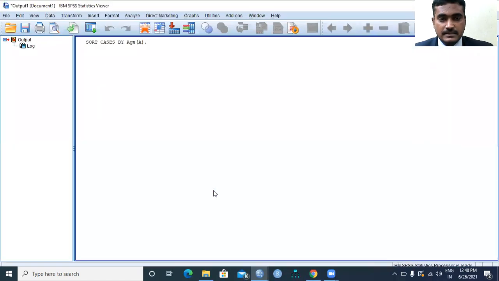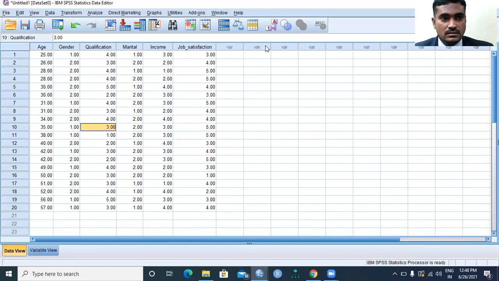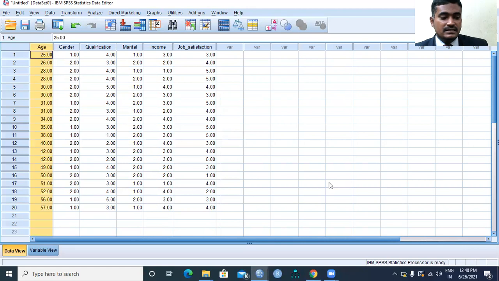Now the data has been sorted from the lowest age to the highest age, smaller value to higher value. That is what we call sorting.